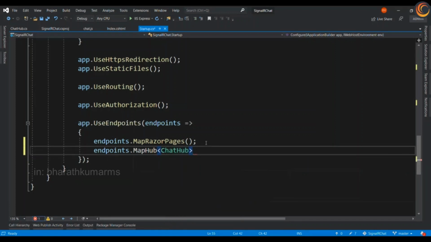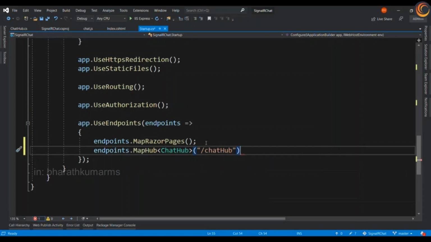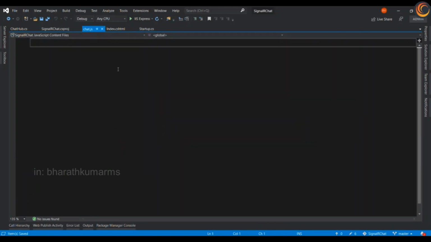And the user can basically connect with this hub by including ChatHub in his endpoint. Now we can start to connect the hub and create the script to send and receive messages.